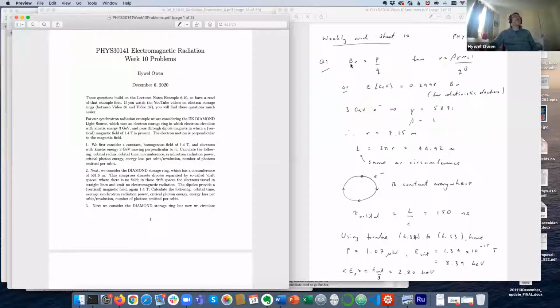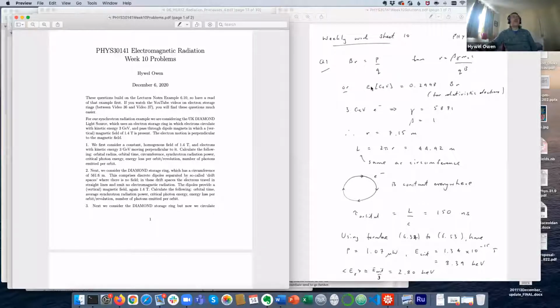So you can see that if we double the magnetic field B, we halve the bending radius for a particular combination of P and Q. Now, for relativistic electrons only, we can use this simpler form: if we have a certain beam rigidity, BR, and we multiply it by 0.2998, and you can recognize that hopefully as being to do with 2.998 times 10 to the 8 meters per second,